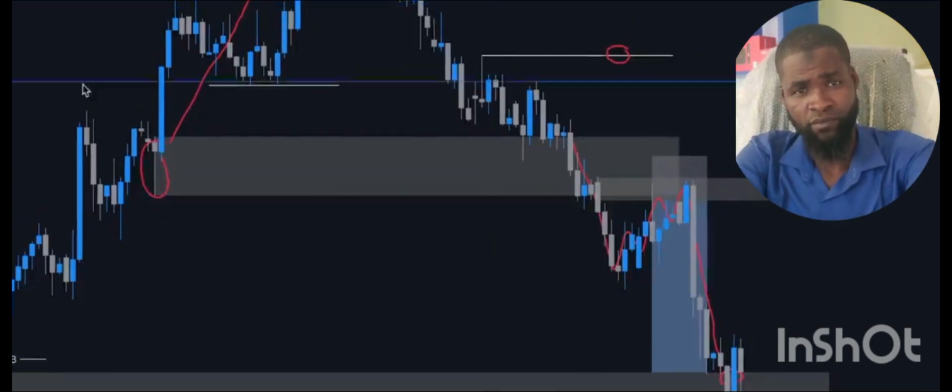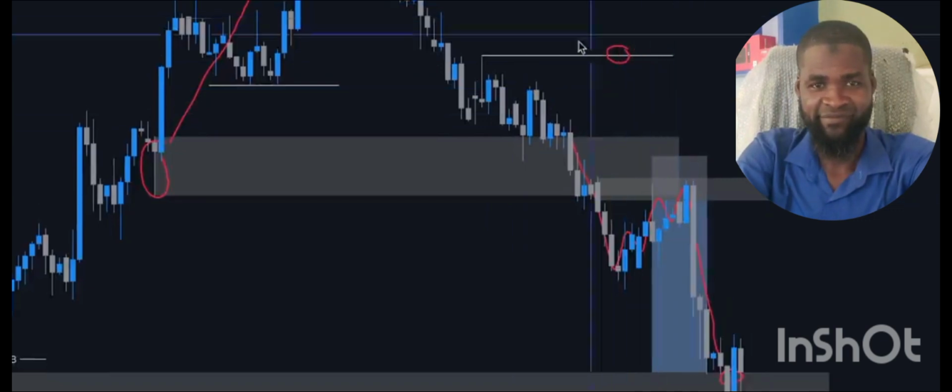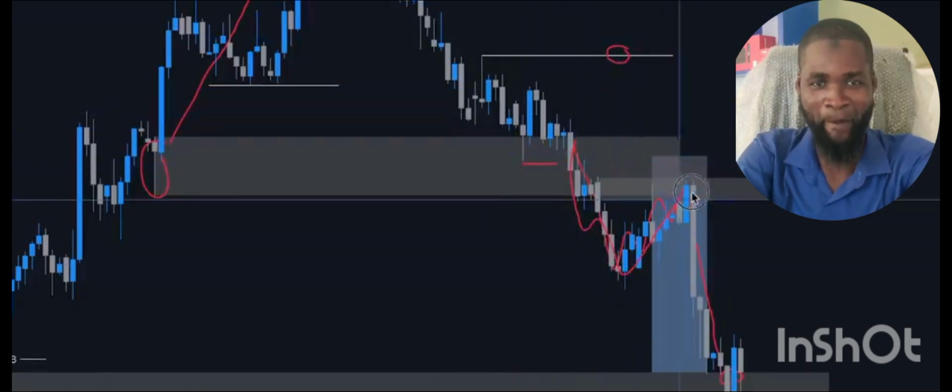So you don't only have to rely on demand zones to provide the confirmation you want for buy trades, but you can also look at them as a way of providing confirmation if the market melts down instead. Right, now let's